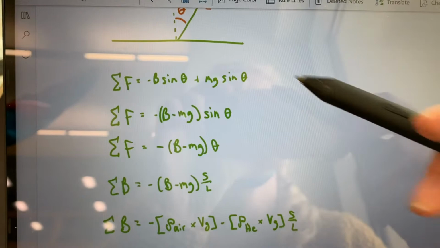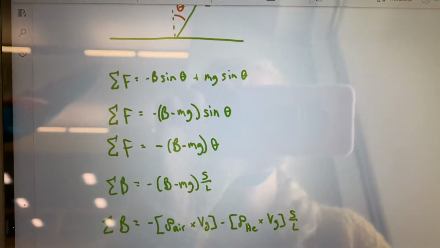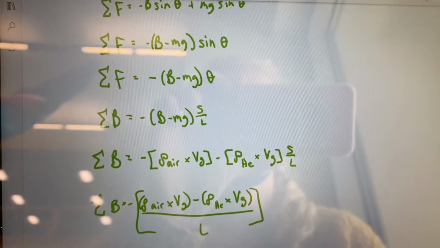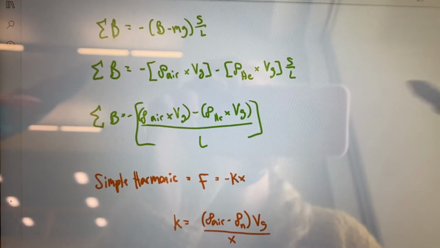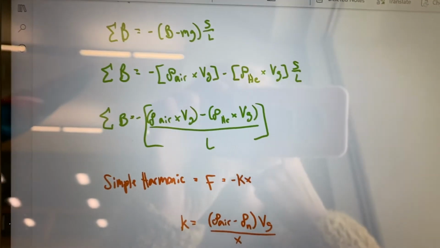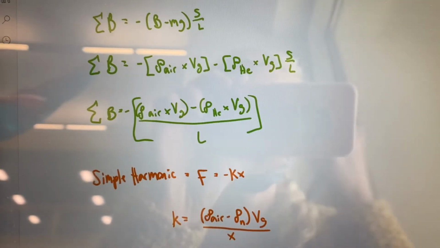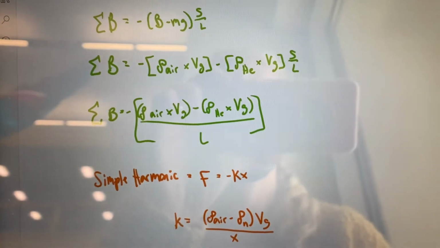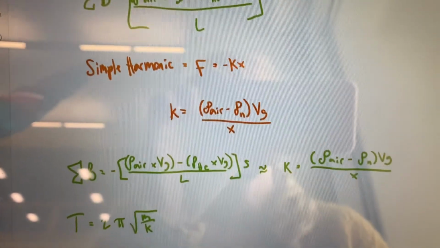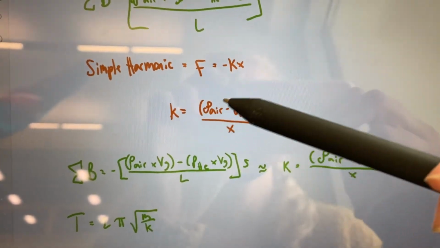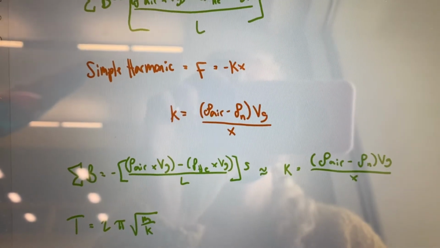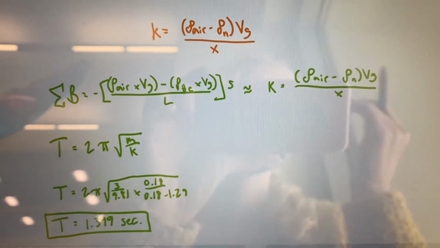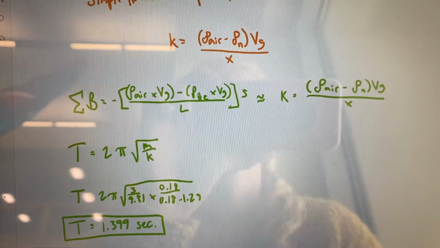We put all that information into our equation, and following the simplification of it, we end up with this equation: V equals negative the density of the air times the acceleration of gravity minus the density of helium times the acceleration of gravity, divided by the length. And then we use our simple harmonic equation, F equals negative k times x. Then we insert,